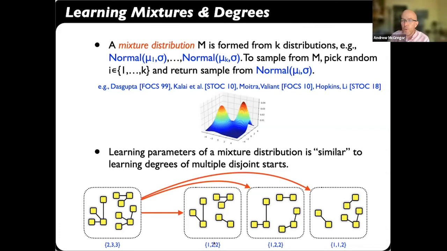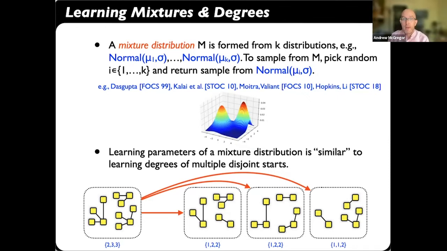But notice that because the graphs themselves aren't labeled, we don't know whether this degree 2 is coming from something that was originally degree 2 or degree 3. There's no way to associate one of these stars with the star here. In the same way that when you have a mixed distribution, when you see your final sample, you don't know which component it was from. The only real difference is that in the graph case, maybe you get multiple samples from different components, but you still don't know which sample came from which component.